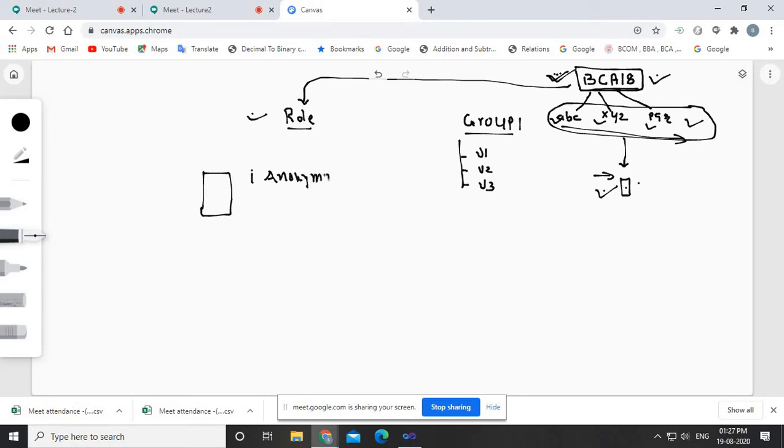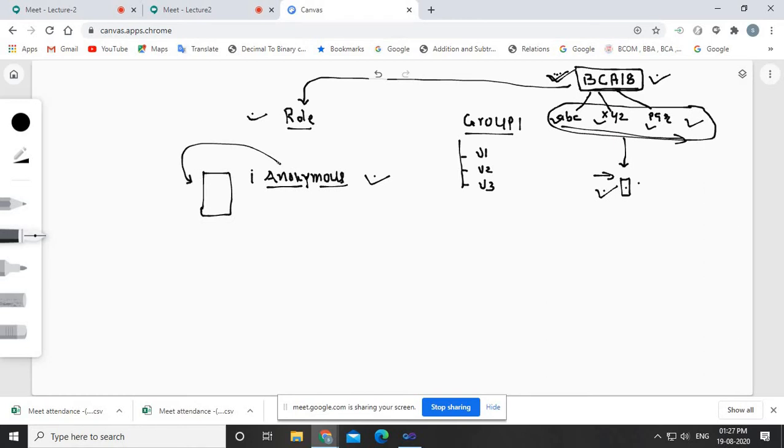Anonymous users are nothing but simply visitors. Anonymous user is that user who has not done a login into our website. Anonymous user is that user, he or she has not given login credentials such as username and password. So anonymous users are nothing, they are the visitors. Now will you allow this anonymous user to view your home page?